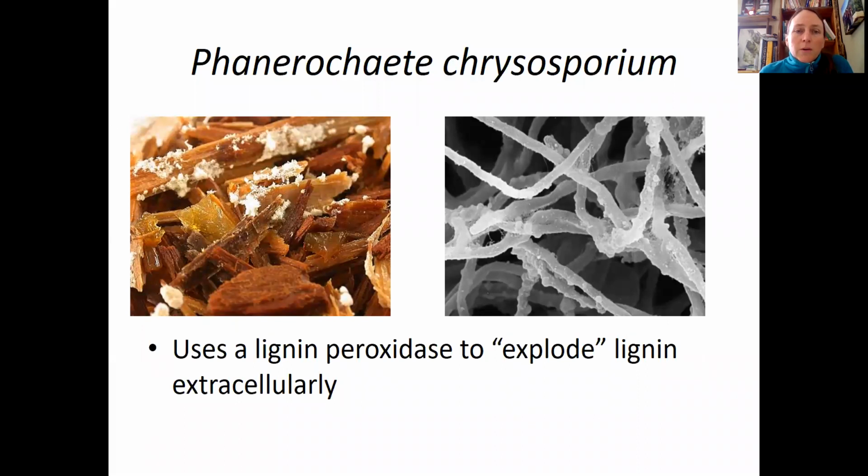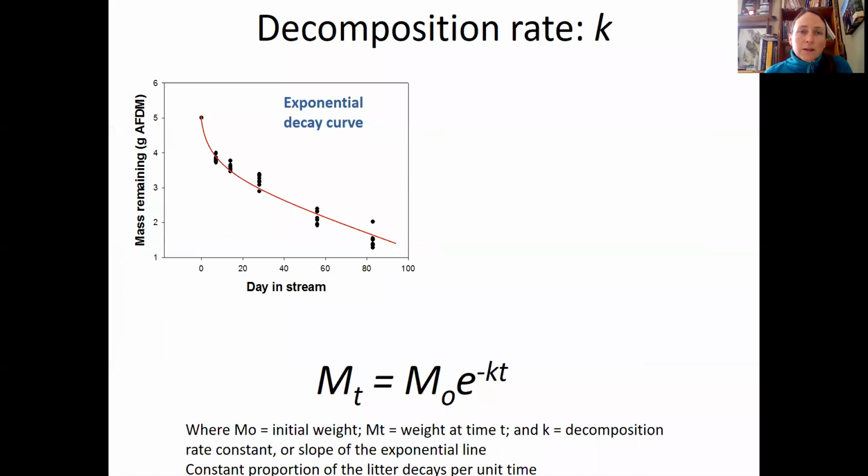So here we see a white rot fungi breaking down woody material. And they use a lignin peroxidase enzyme to basically explode the lignin molecule extracellularly. So it's a really cool enzyme. So if we plot mass remaining, this ash-free dry mass remaining, through time in a stream, we